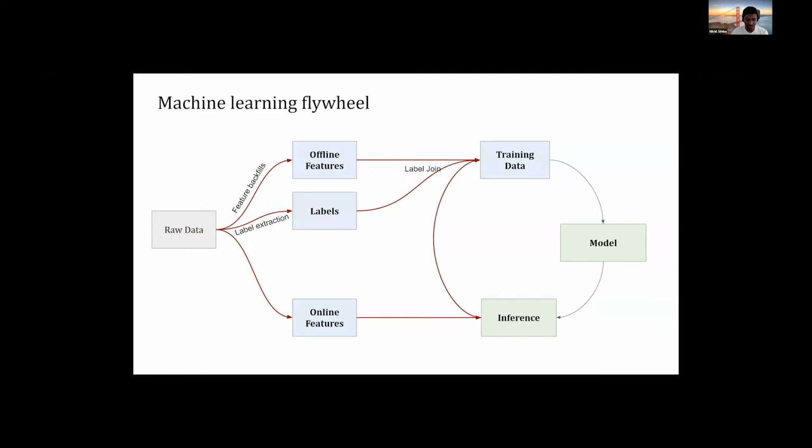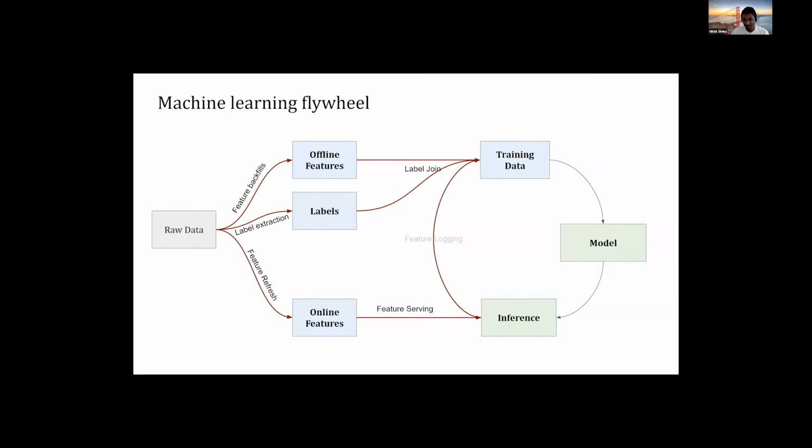That's the label join. And once you are okay with the trained model, you want to serve features. So you want to refresh features online, either through real-time pipelines or in a batch pattern, and then you serve them for inference. This is roughly what I'm talking about when I say